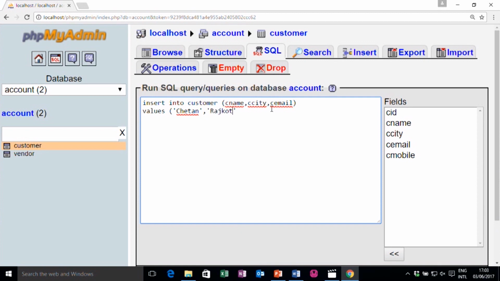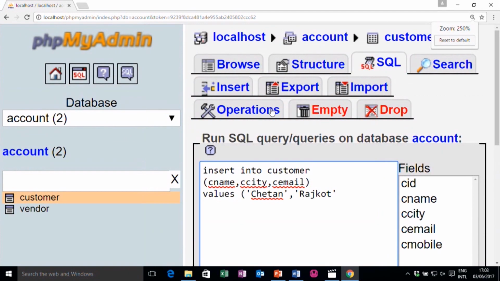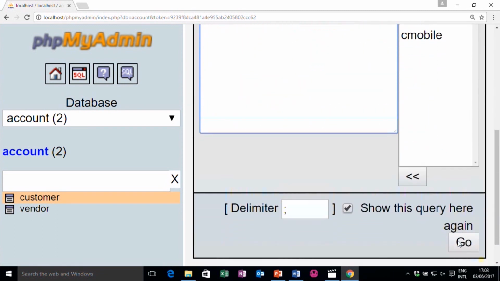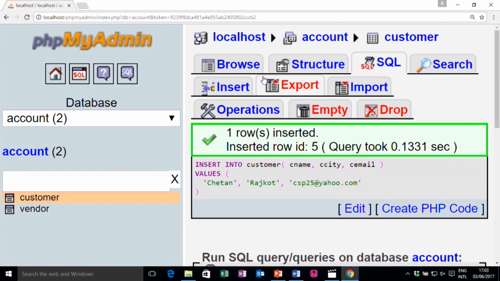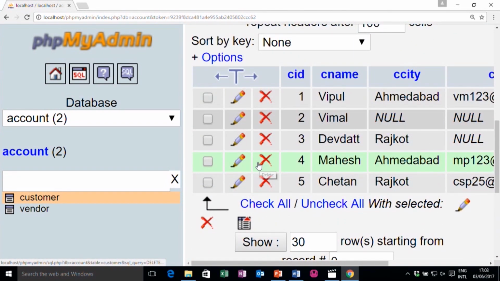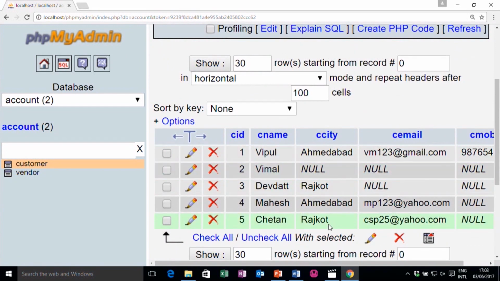If I do not write it, then by default it will take Ahmedabad, but as I define it here it will take the value Rajkot, and his email ID is csp25@yahoo.com. So, just look here, if I click on the go button and click on browse, you can get that value, this record will be available to you.